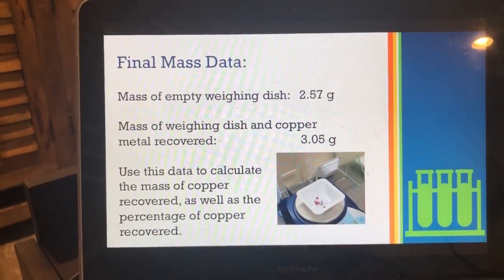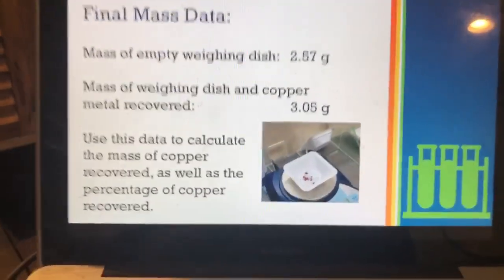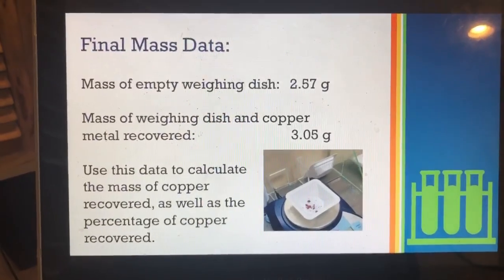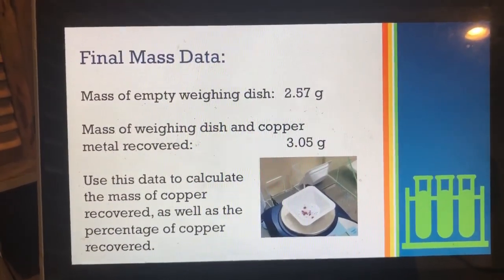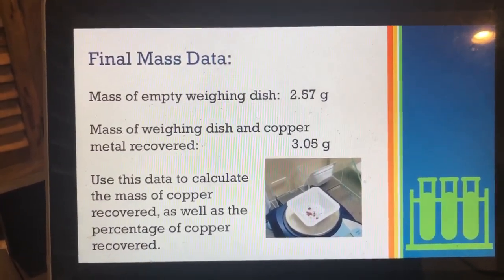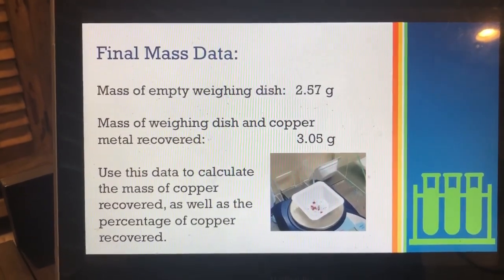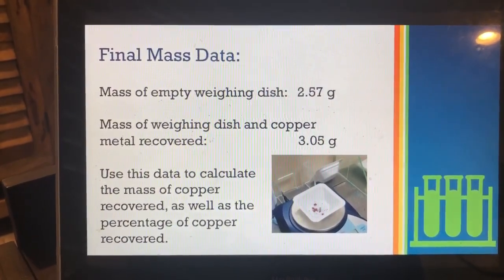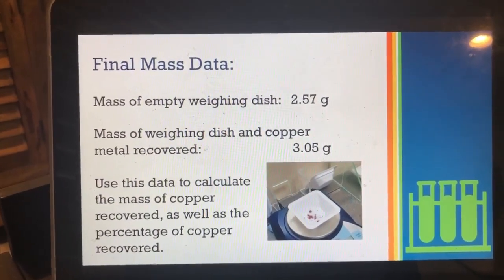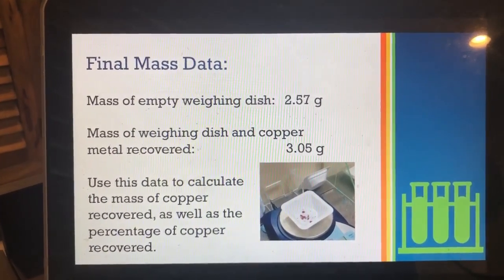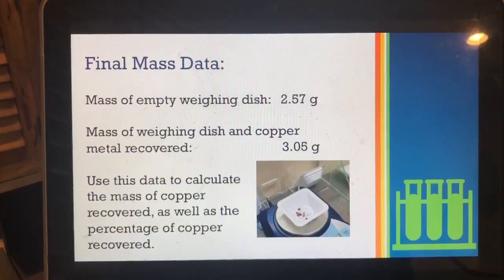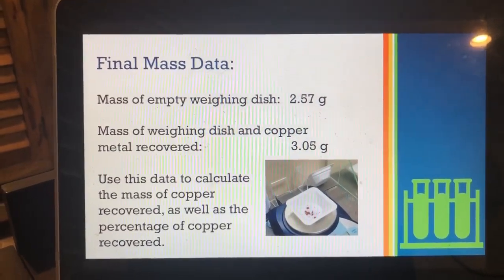So you're going to stick it in the oven for about 20 minutes, 30 minutes, and it's going to dry out. So the last step of your calculations is you're going to take the mass of the dish and copper metal recovered, the 3.05, and you're going to subtract 2.57 from that,